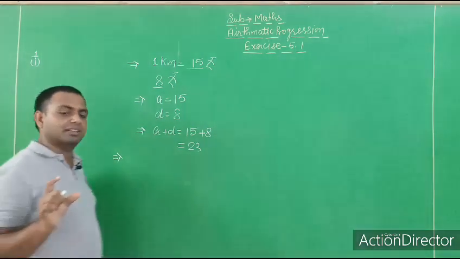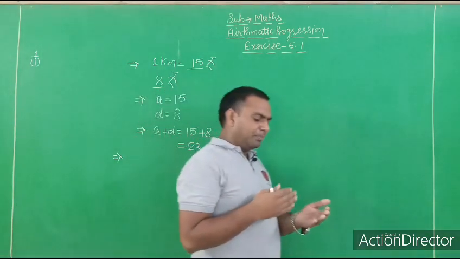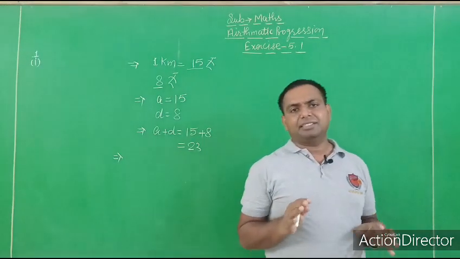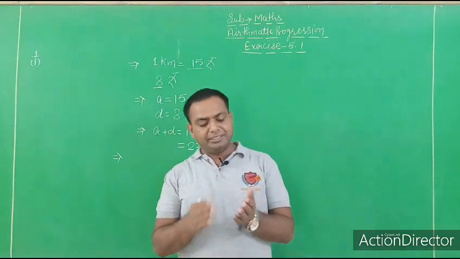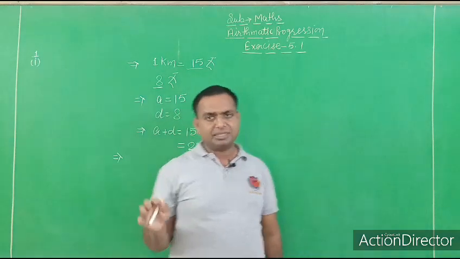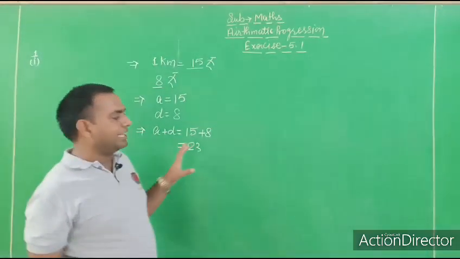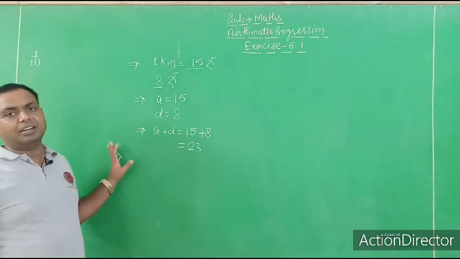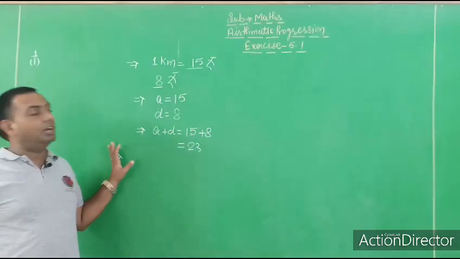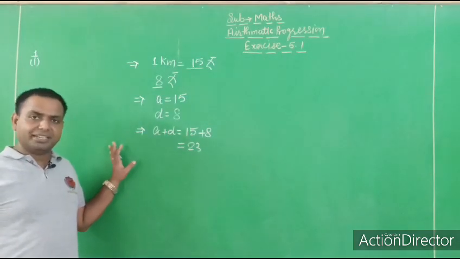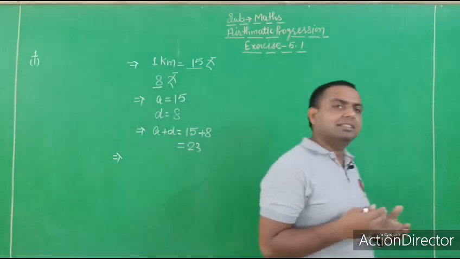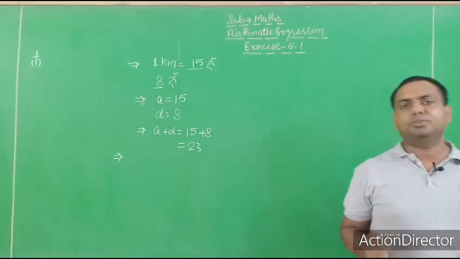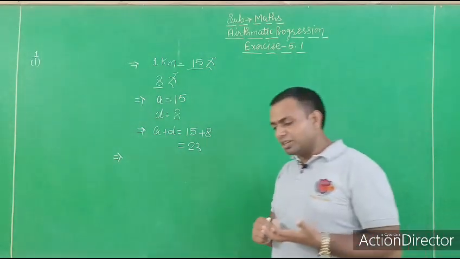In each year, the principal is added with the interest, so it is converted into the next year's principal. So, the difference in each condition will change. So, you can say this is not an arithmetic progression. I think all of you understand from these examples how we can recognize whether these questions are related to arithmetic progressions or not.